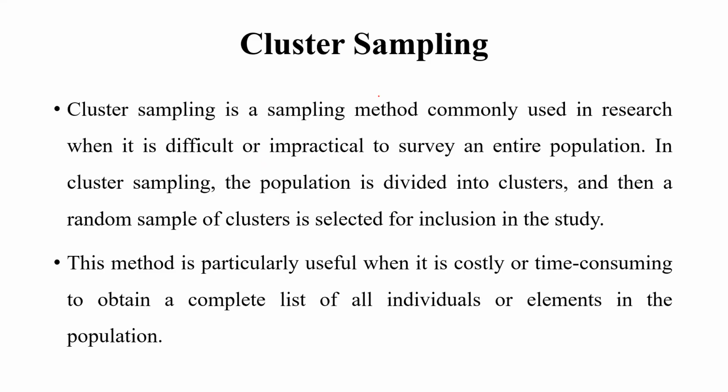Cluster sampling is one of the types of probability sampling methods. Cluster sampling is a sampling method commonly used in research when it is difficult or impractical to survey an entire population. In cluster sampling, the population is divided into clusters and then a random sample of clusters is selected for inclusion in the study. This method is practically useful when it is costly or time consuming